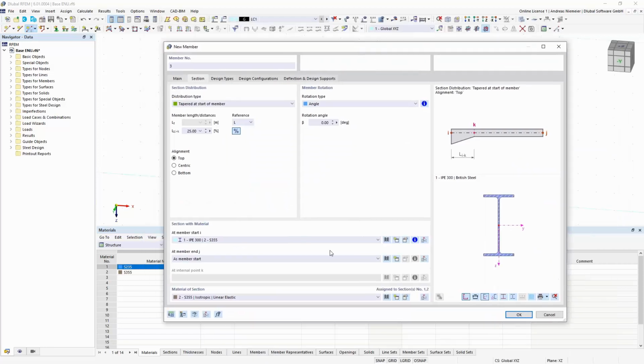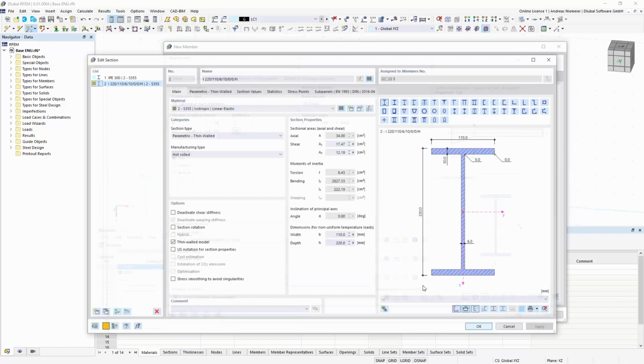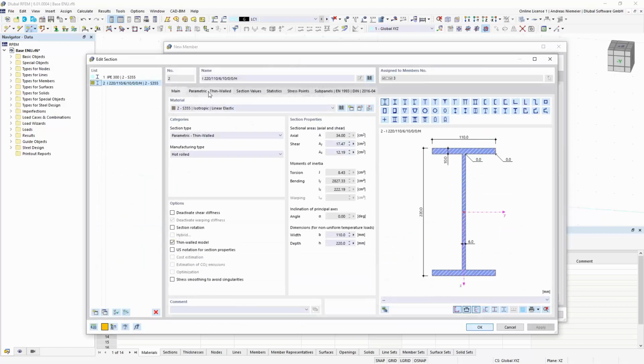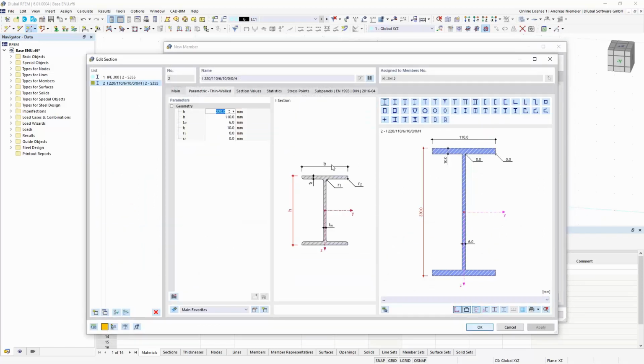And now we have to place some cross sections. So at the start we use maybe this one and go here to modify. Let's check which cross section this is. Oh, it's a parametric I section with a height of 220, a width of 110, so it fits so far.